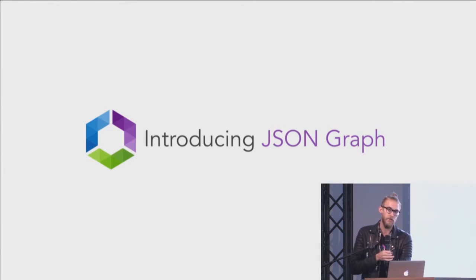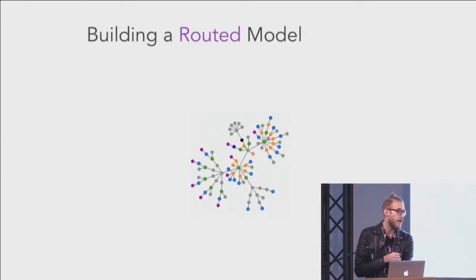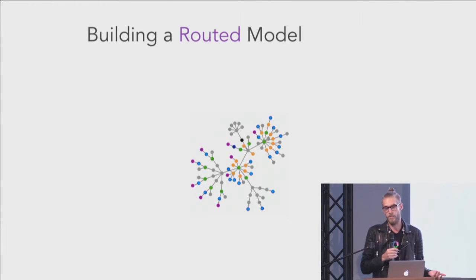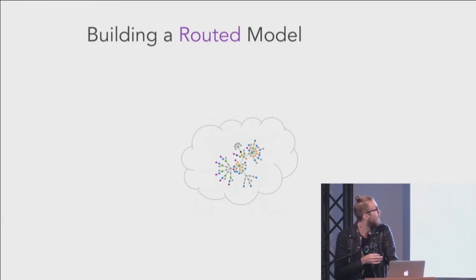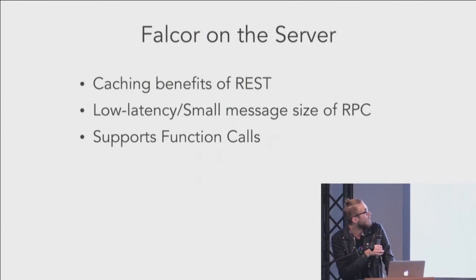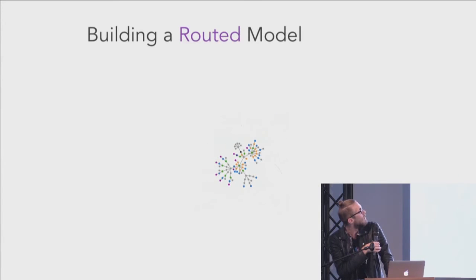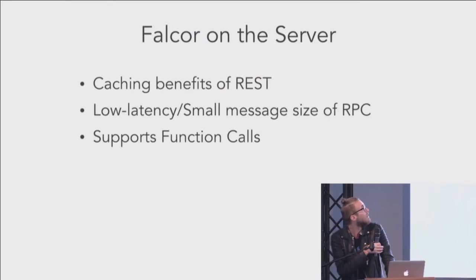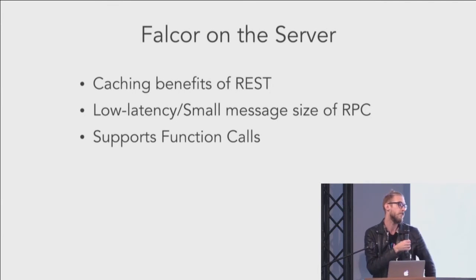It allows Falcor to do the intelligent caching, batching, and deduplicating of requests. So on the server side, if we had our entire JSON model in memory, then we wouldn't have anything to worry about. But since we can't have that, we create the idea of a JSON model in the server and hide it behind our Falcor router. So having Falcor on the server gives you the caching benefits of REST so that the client doesn't